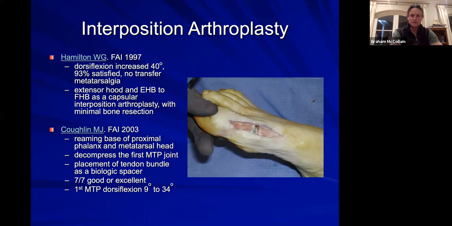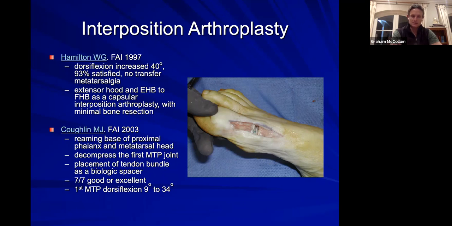The resection of the bone is minimal. You just remove pretty much the sliver of articular cartilage from the base of the P1 and remove the cartilage from the metatarsal head, and then suture the dorsal capsule. You've got to create a flap and then stitch it onto the plantar plate of the